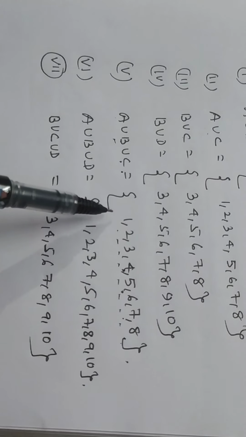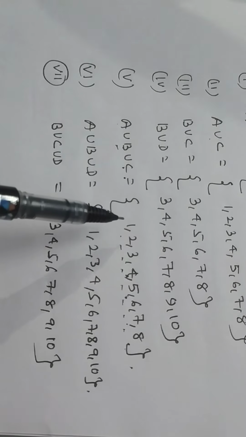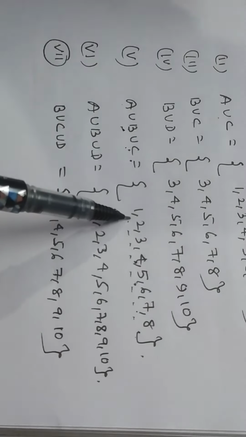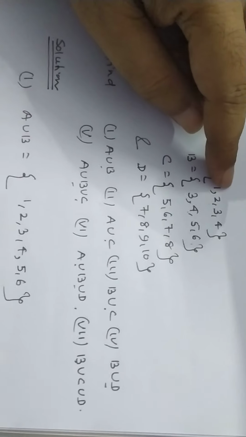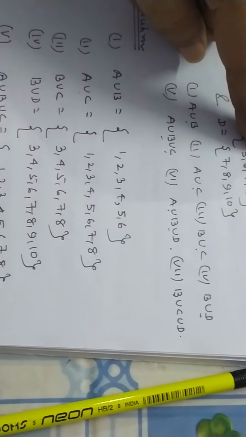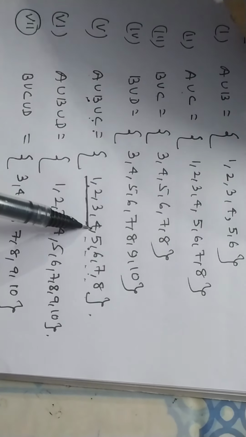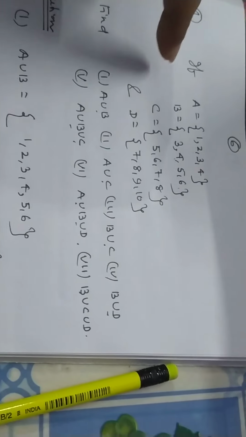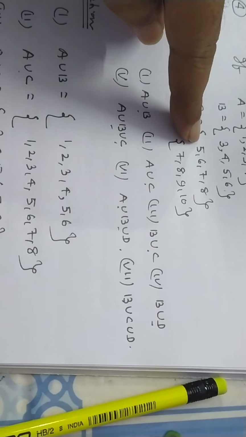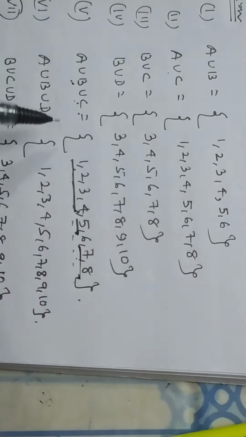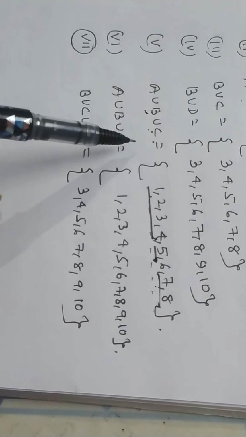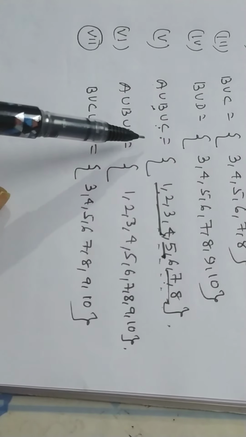My dear student, I want to repeat it. Suppose we want to write A union B union C. First you write the elements of A, 1, 2, 3, 4. Now we will not write overlapping elements. So 3 is overlapping, 4 is overlapping, so we write the non-overlapping ones, 5, 6. And for union C, we will not write overlapping elements. 5 and 6 are both overlapping, so you will write only 7, 8. In this way, you will write A union B union C. I hope you have understood my explanation.